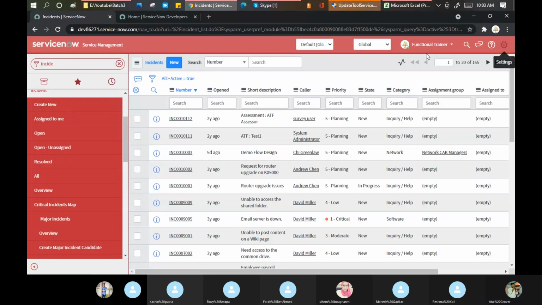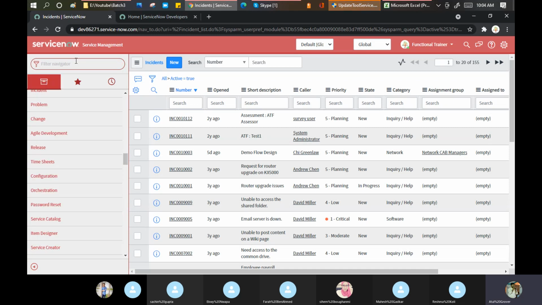Okay. Let's take only this topic as of now, and then we'll close for today. This is called the application navigator. We have this option available in our mobile phone as well. Any idea? What do you think?